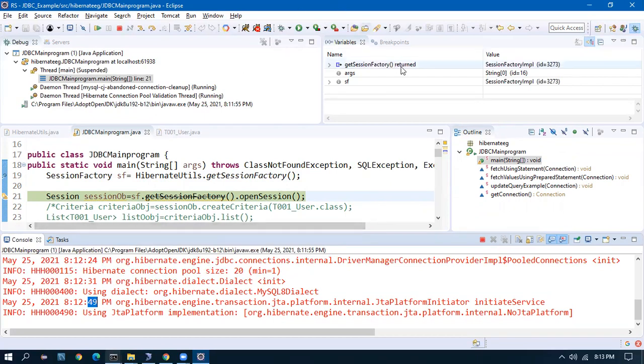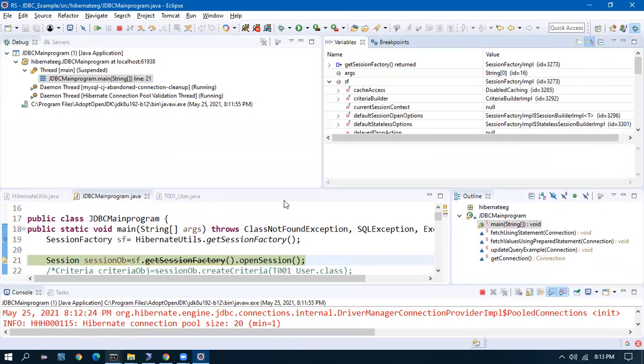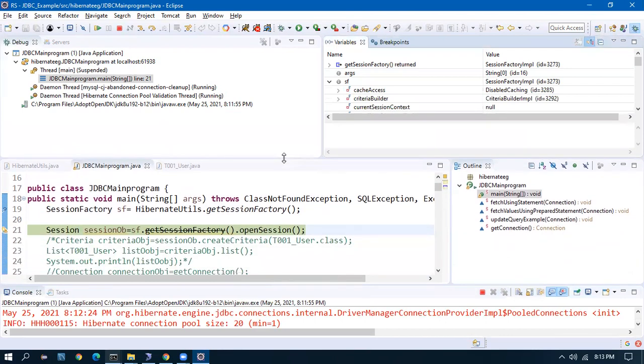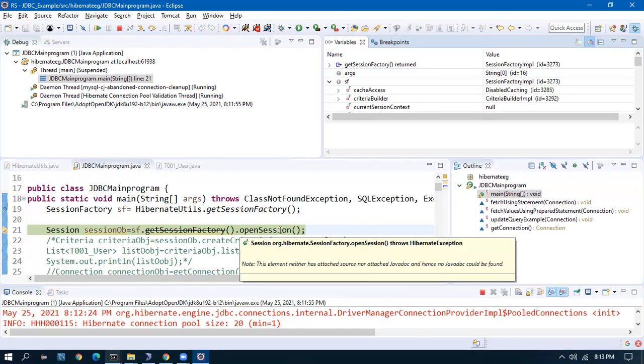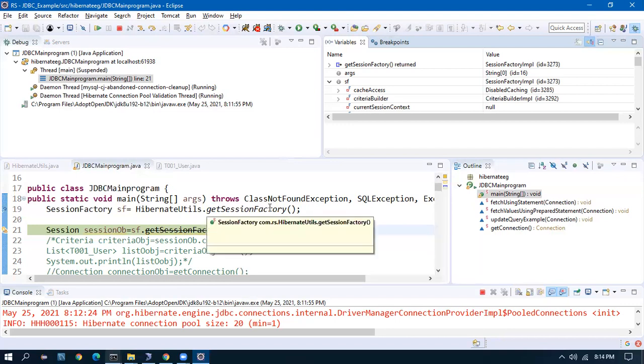So now what I will do, I will go into this SF and open up. What we're trying to do, we're going to connect Hibernate to SQL, right? That's what we're going to do, a database. Correct. We are going to connect to the database using Hibernate. Before, we connected directly from Java using JDBC.